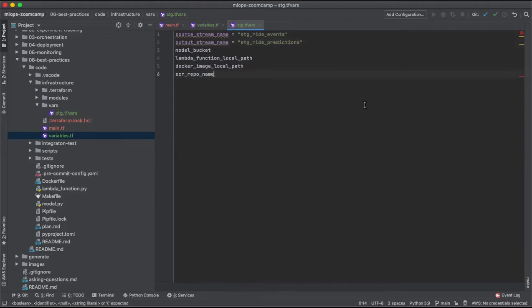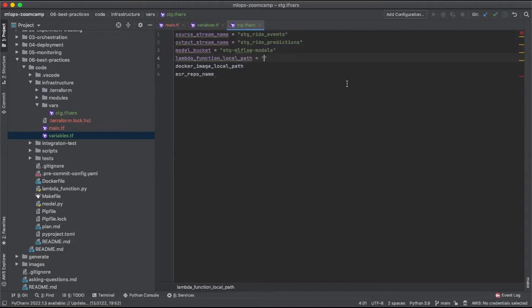The model bucket is something to do with the MLflow models. Keeping a similar naming convention as earlier, we have just appended the stage prefix to one of our earlier model buckets. The Lambda function,